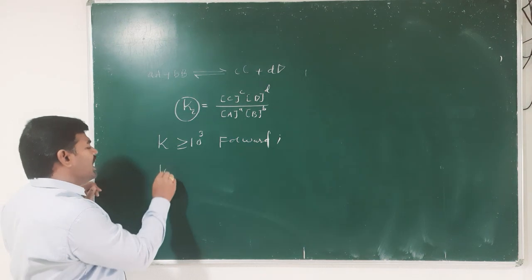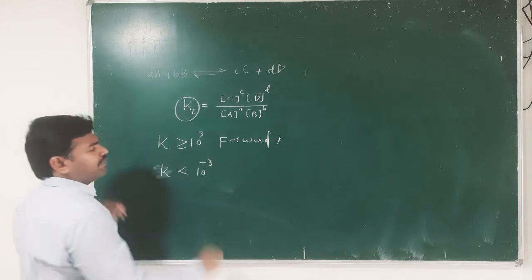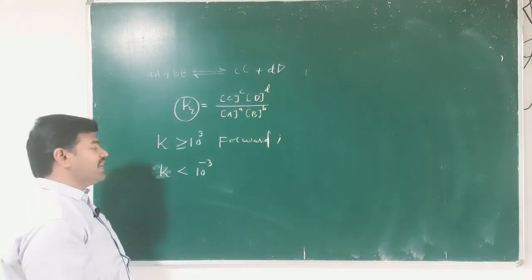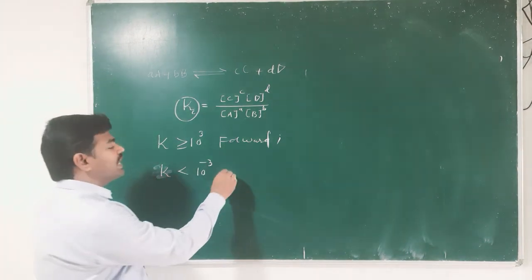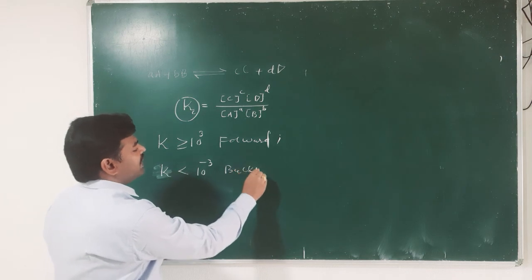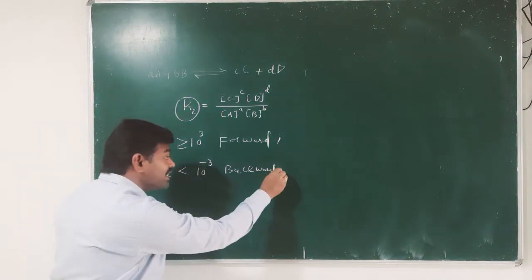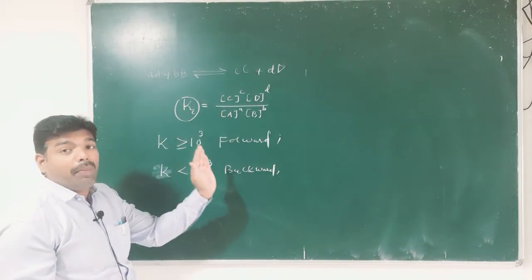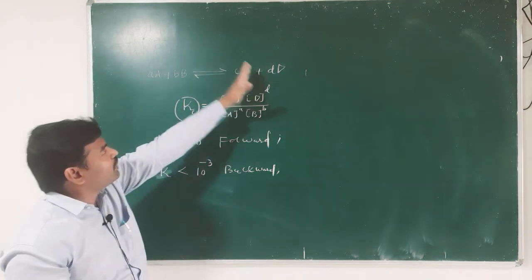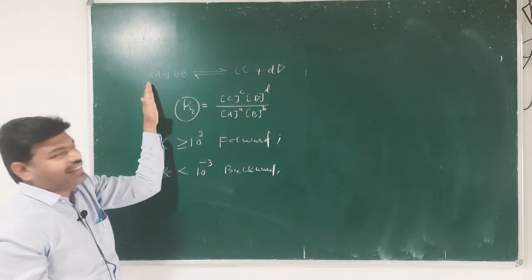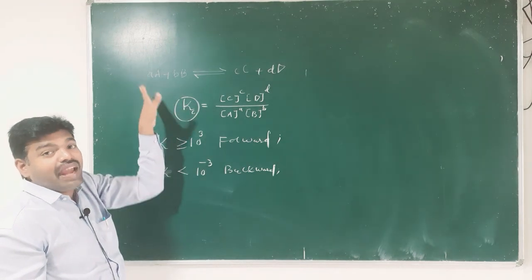And if K, the equilibrium constant value, is less than 10 power minus 3, that indicates a backward reaction. That means reactants are predominant over products, because backward reaction is from products to reactants, from right to left. Reactants are on the left side, so reactants are